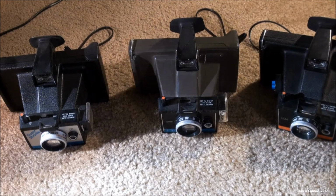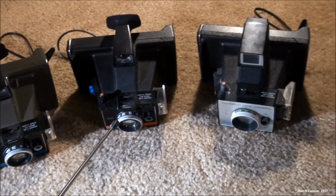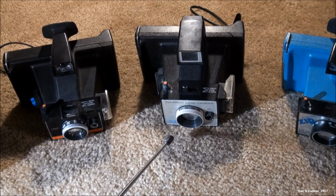Alright, here are some rigid body pack film cameras that use mostly the rectangular film, similar to the fold-out bellows ones, the 100 through the 400 series. Here's a Super Shooter, Color Pack 2, Color Pack 4, Super Color Pack,